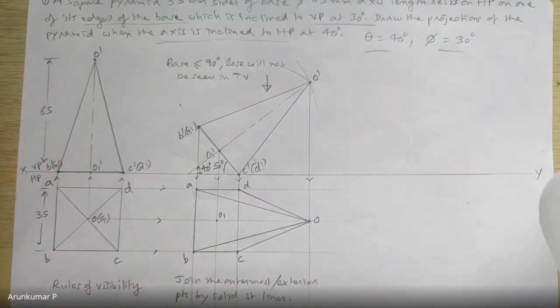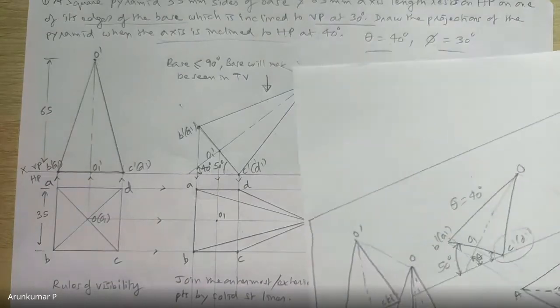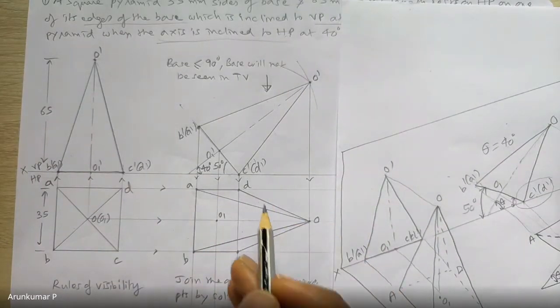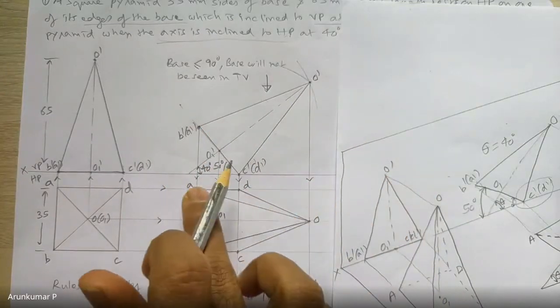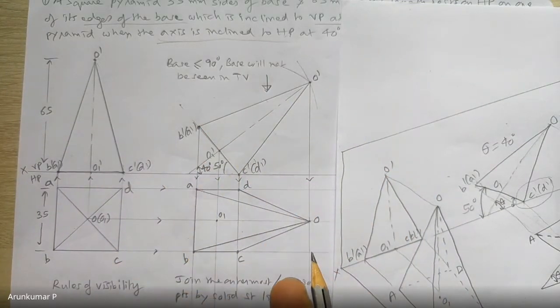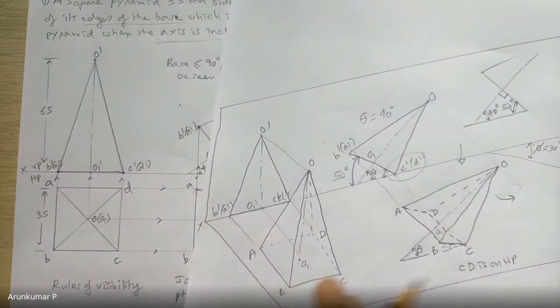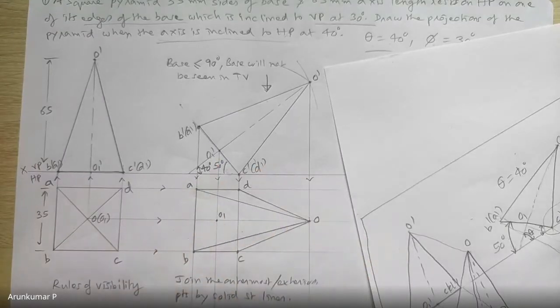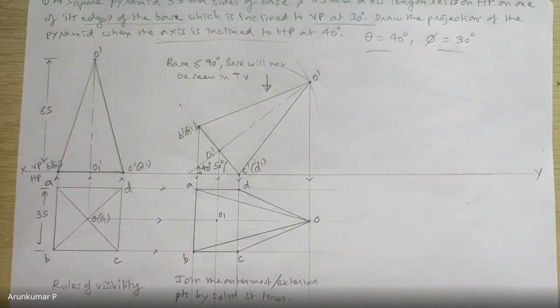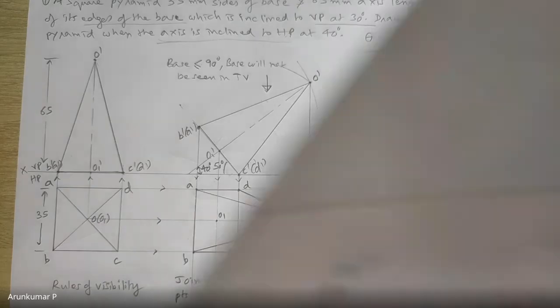Now there might be some of you who are confused as to how to come to know whether this O dash A dash is seen or O dash B dash is seen or this triangular face OAB is seen. How do I come to know from the 3D? Yes, but every time I cannot draw 3D and it is very difficult for me to visualize also. So then how do I solve this? There is another way. It's a mechanical way. I think most of you will be using that only. So let me show you that. Okay, but in a very rough way, not exactly.